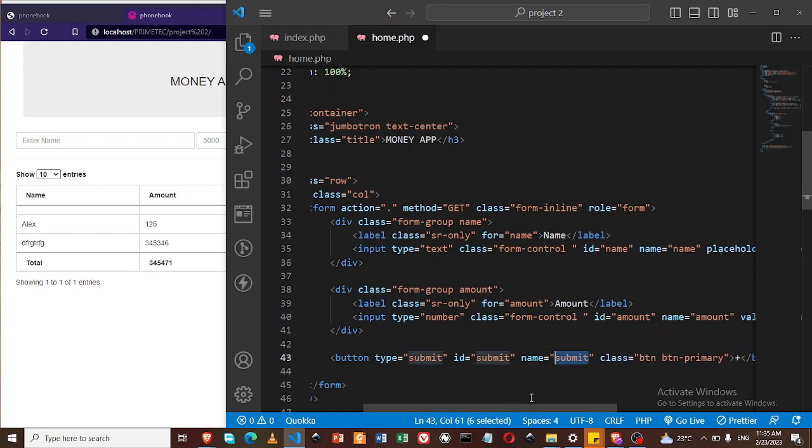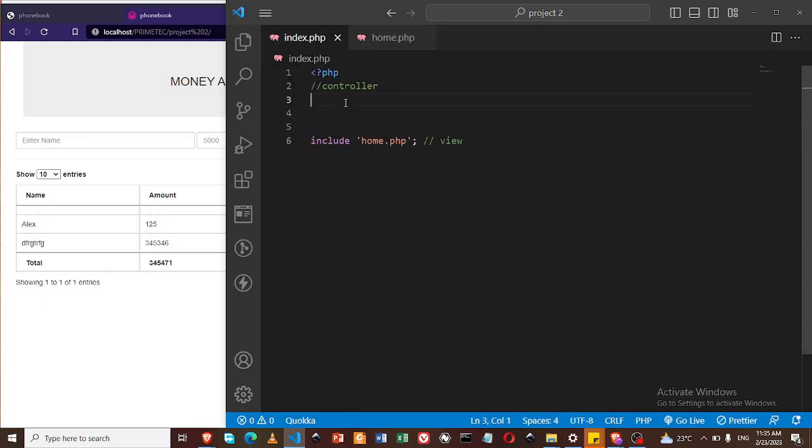So when we submit this form, we should be able to catch this name value here, which is called submit. Let's see how that works. So if I come here and I say